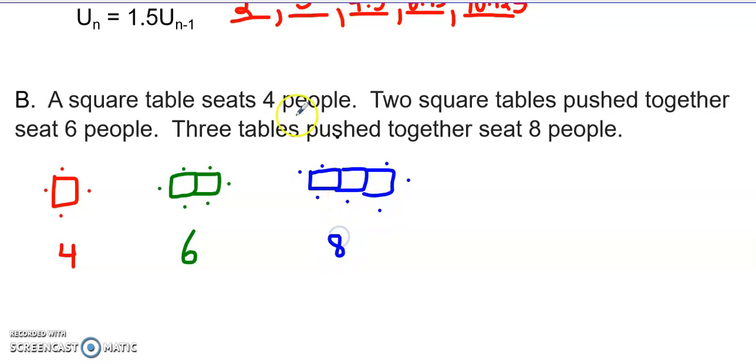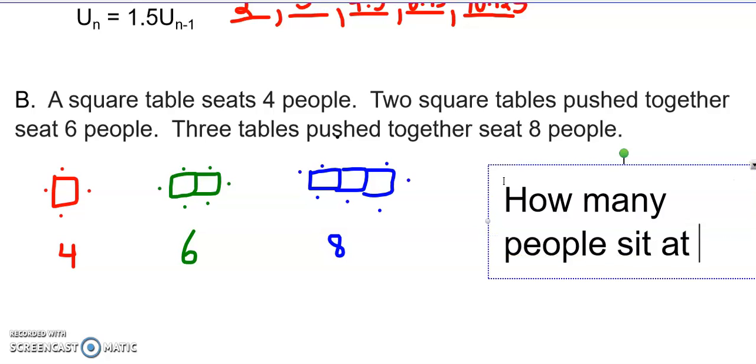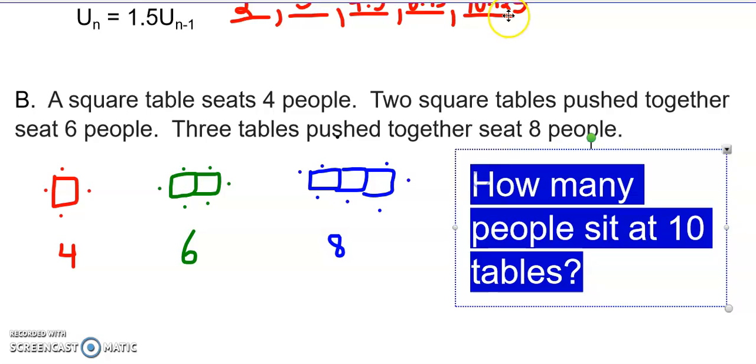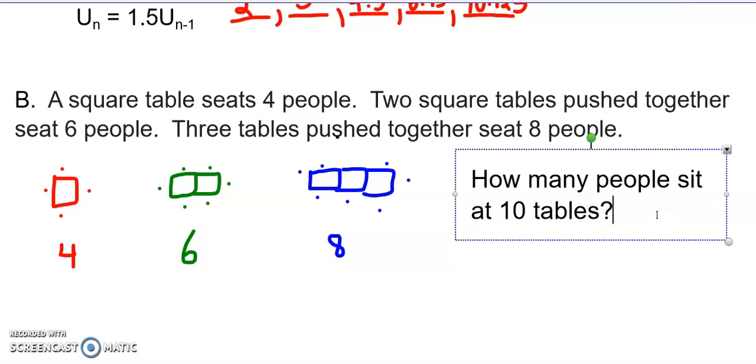So if I wanted to ask you a question like, for example, how many people sit at 10 tables? What you're going to do is find the pattern and continue it out 10 times. So I want you to try to do that. The answer that you should get, the pattern is adding 2. And so the answer you should come up with